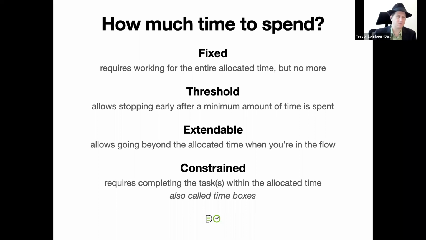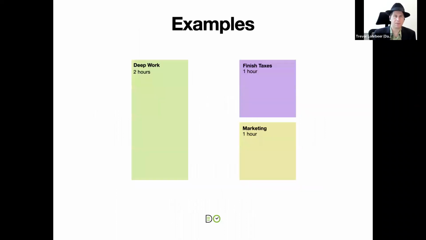Another good example here is in research. Sometimes we can easily go down rabbit holes when we're doing research, where I need to research a new purchase I'm making, and suddenly I'm spending 3, 4, 5 hours going and researching that. I can have a constrained time block to say, I need to make a decision after an hour and a half or 2 hours, no more than 2 hours, and then I'm making my decision. And that helps me manage my time more effectively.